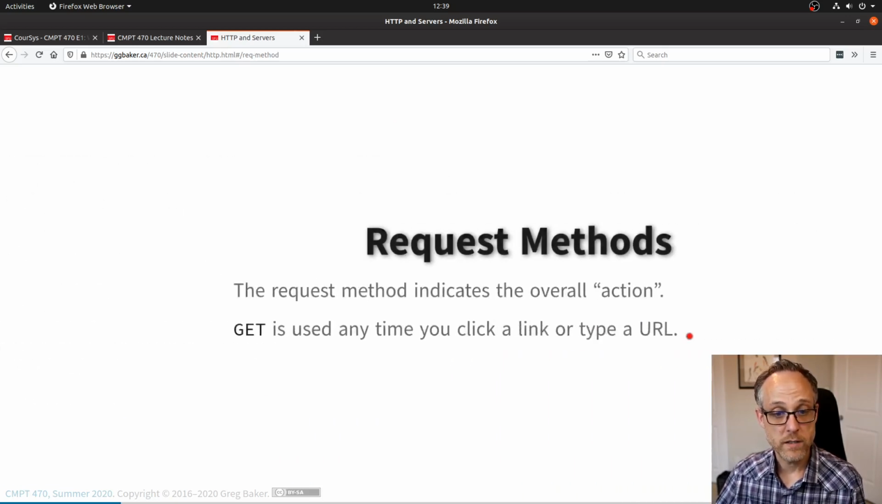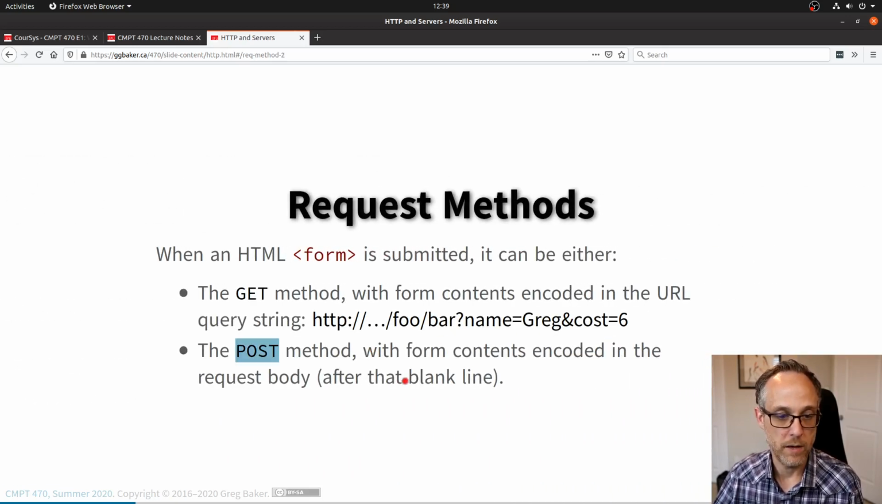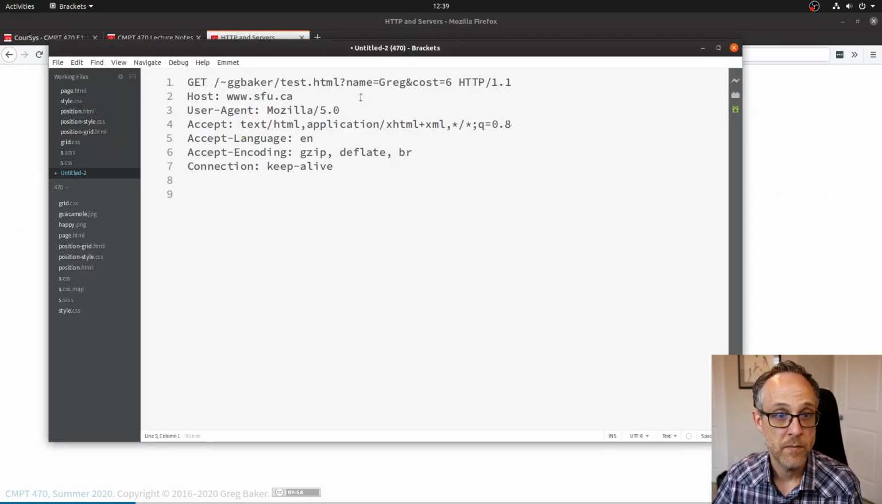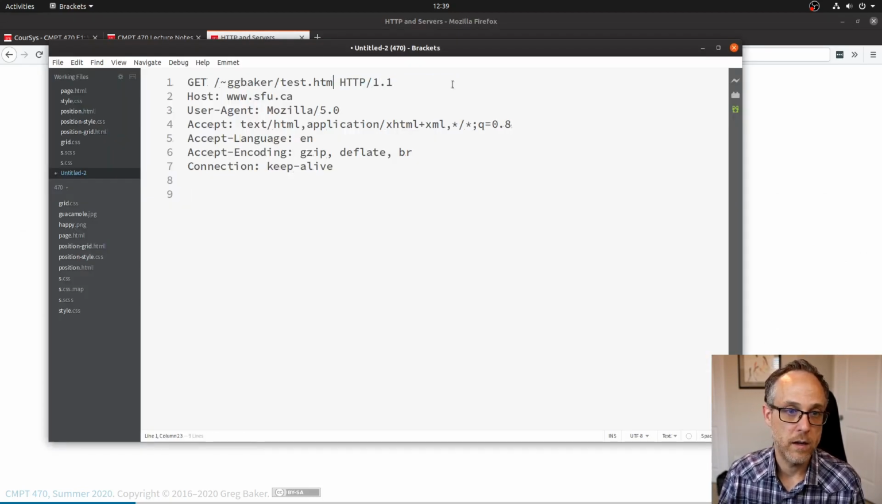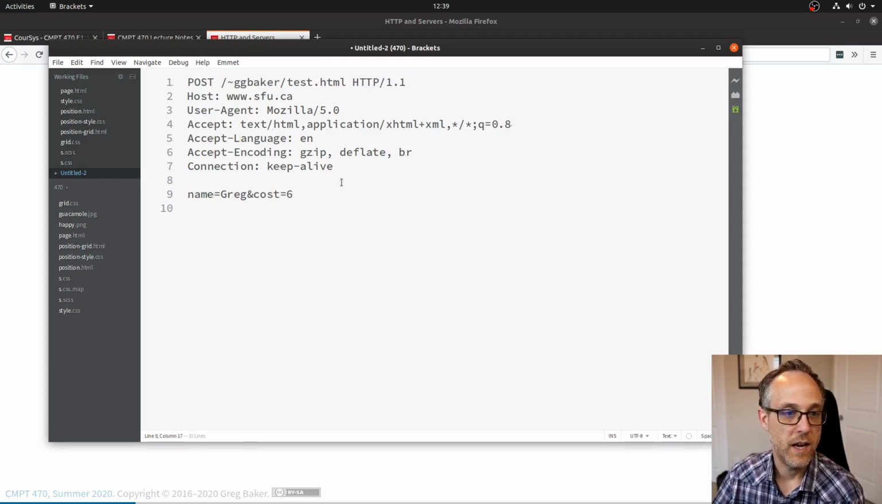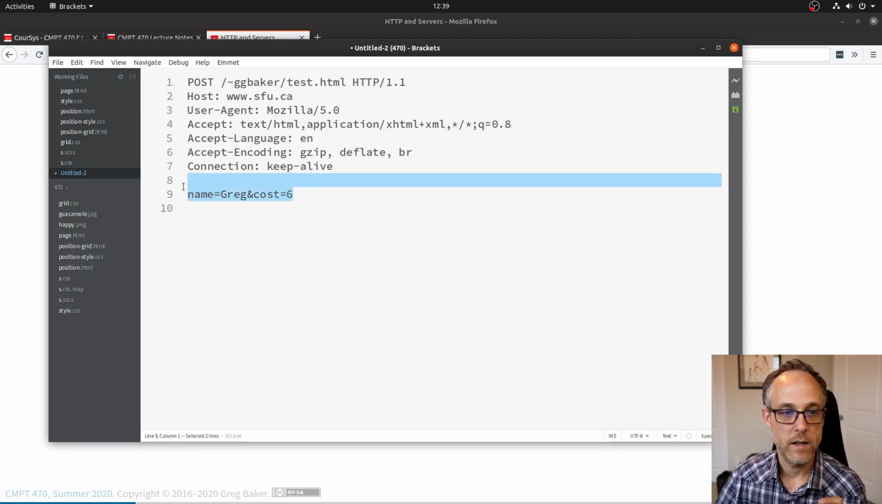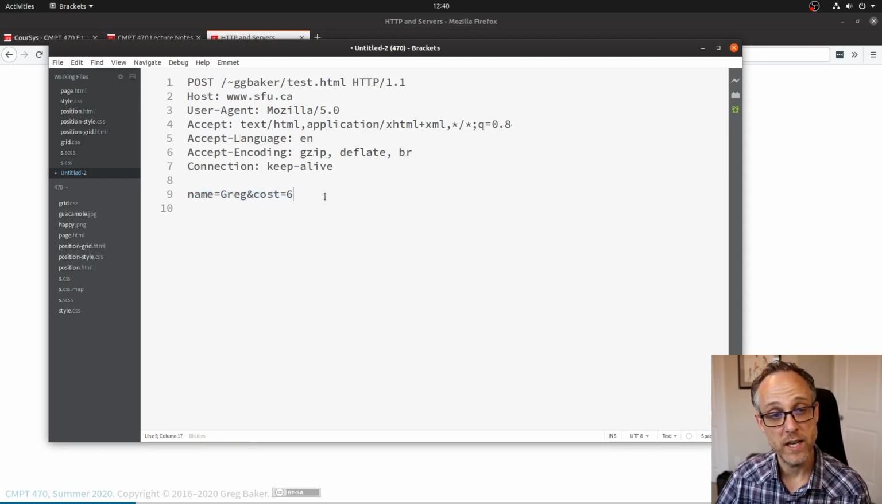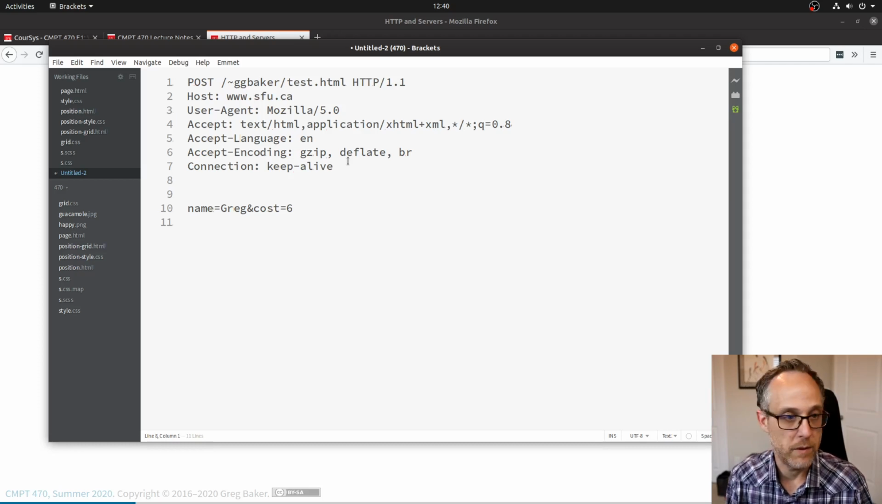If it's a POST request, which again, like in the form, I've asked for method equals post, it's going to be a POST request, a blank line, and then the form data gets encoded in the message body. So there's a blank line here. What follows is a message body. For a GET request, it was empty. So that's how the server knew, oh, okay, I can just send my response right away. The request is over. For a POST request, there needs to be a message body there,